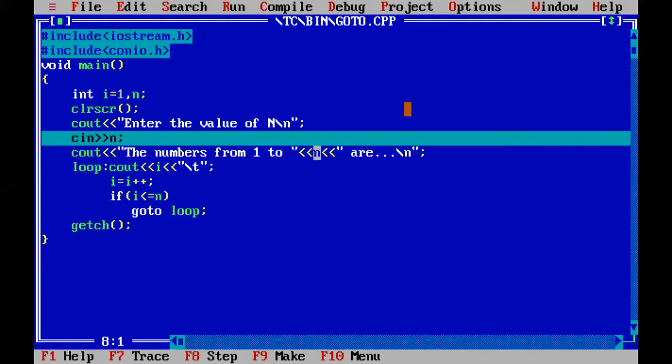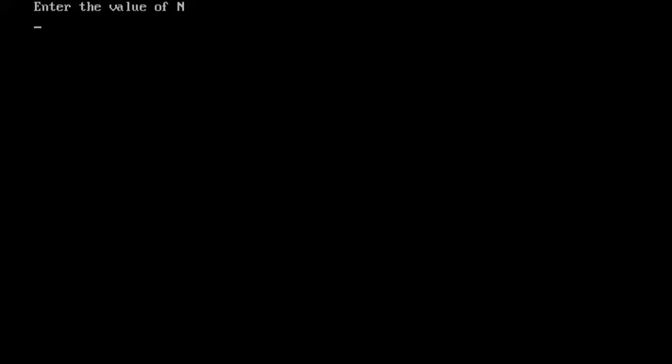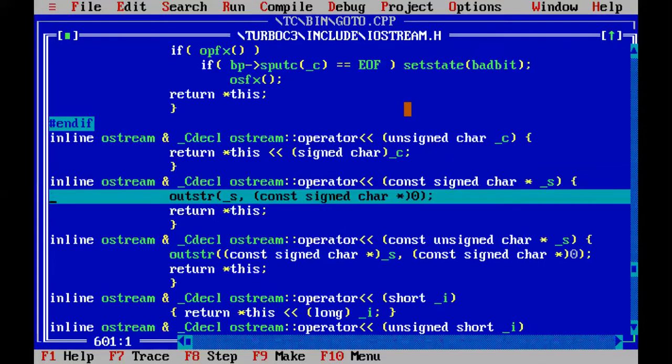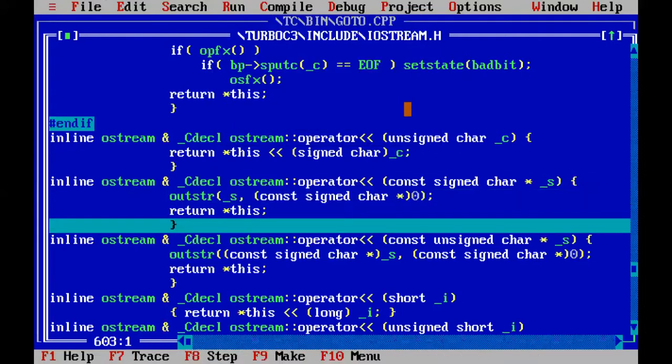After that, you have to enter the value. For example, if I enter the value 5, so that minimum tracing we can see. So it should print 1 to 5, right? The numbers from 1 to 5 are. So first this message is printed on the screen.